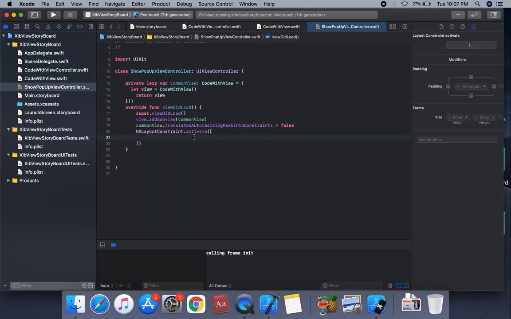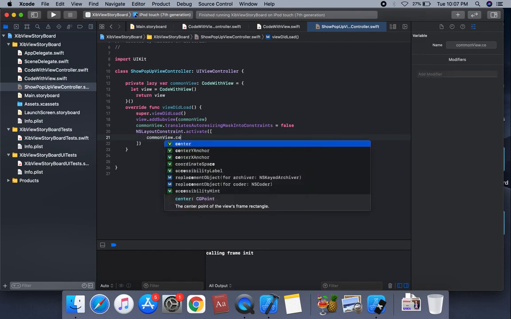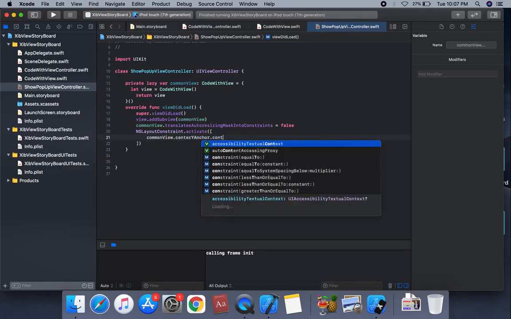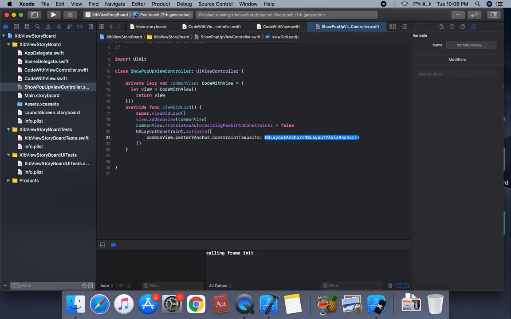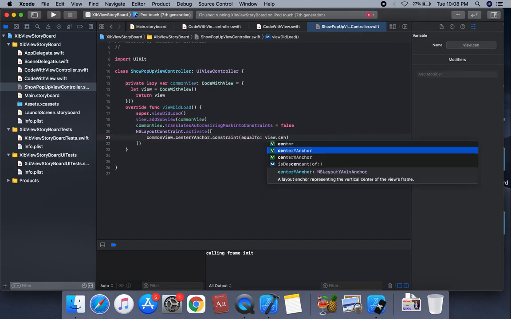Suppose we're gonna apply this constant bottom. So bottom we're gonna apply this constant is center, sorry, common view. We're gonna apply this constant common view dot center y anchor dot constants equal to view dot y anchor center y anchor.